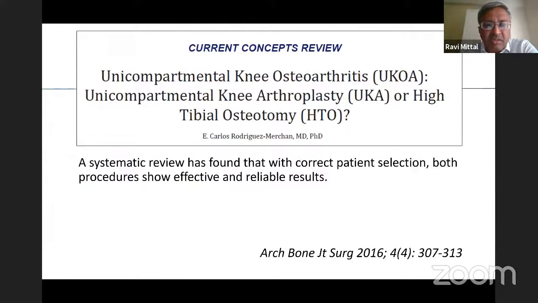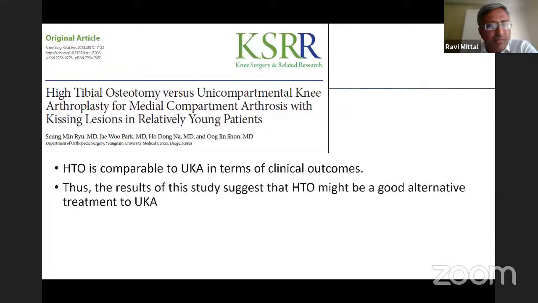In 2016, a systematic review found that with correct patient selection, both procedures show equal, effective and reliable results. So you can do anything. It depends on what you believe in. Again, this is a previous reference. In this kissing lesion group of patients, HTO was compared to UKR, and they found that HTO is a good alternative to